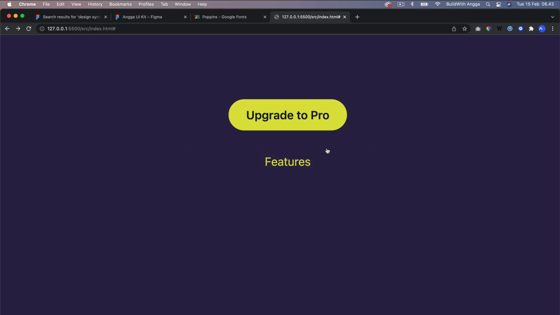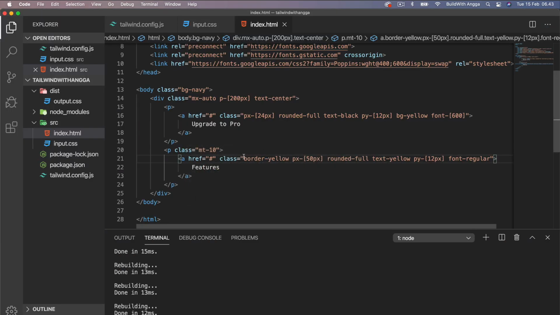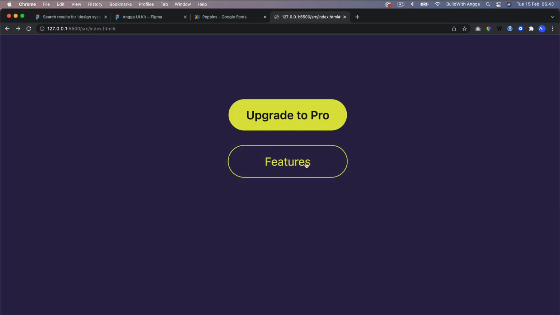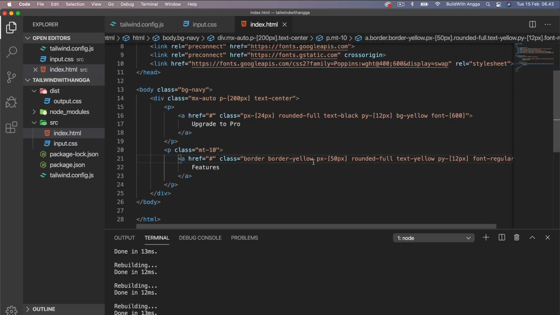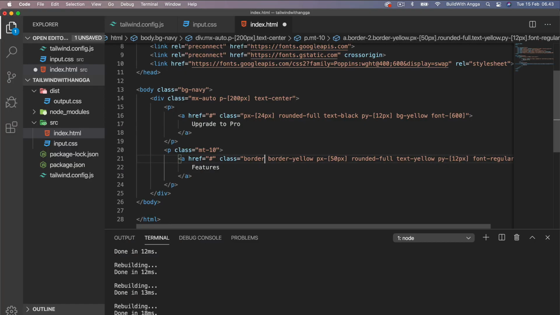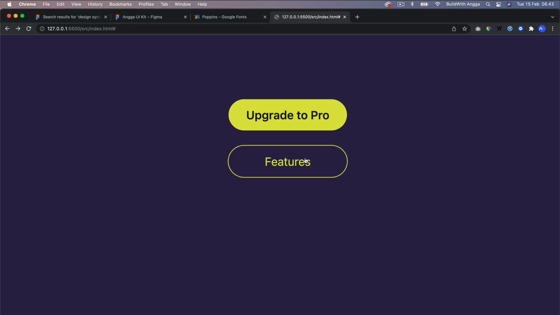We couldn't do that, but we need to add another class, border yellow, and it's supposed to be like this. And if you wanna add more pixels, just write border-2, and it's gonna be bolder like this. Which we don't use, just like this.